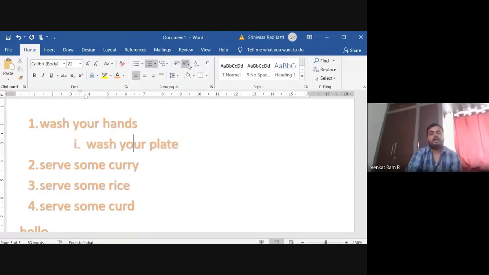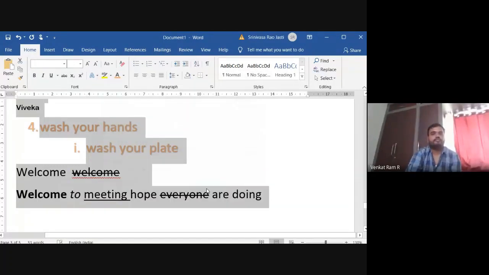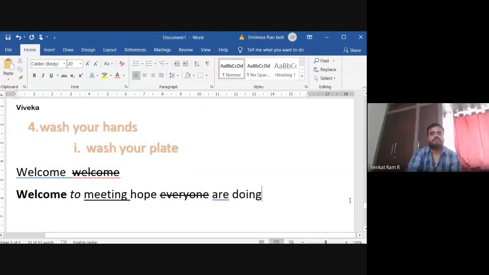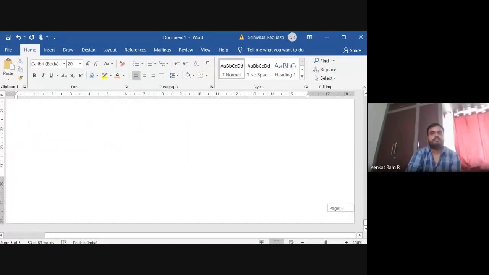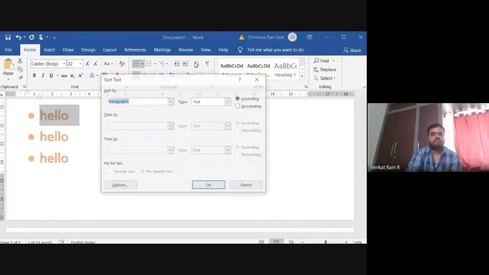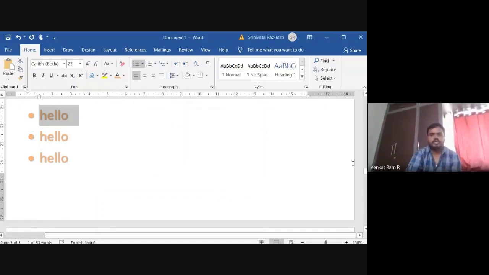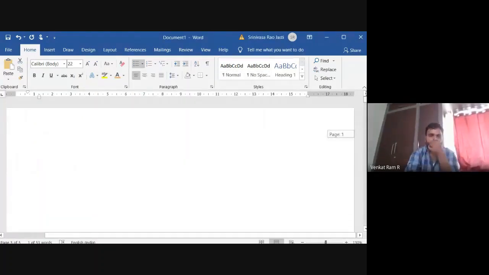Okay, and if you want the words in horizontal, then you can use this. And if there are any numbers, then also you can use this, and the text will come in A to Z order.